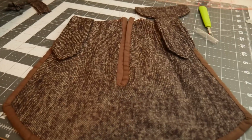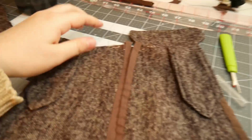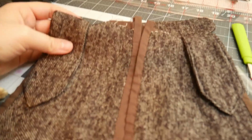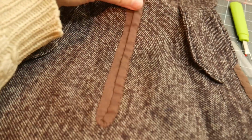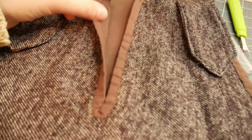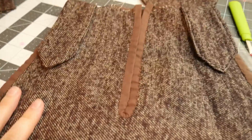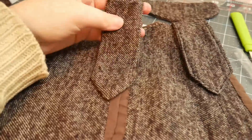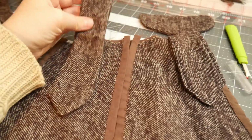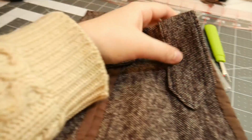I have done a little bit since I last recorded. My camera battery ran out, so I was working a little bit while it was charging. What I've done is I finished putting in all of the edging. I see whip stitching when I close my eyes now. And then these are again little extra pieces I had from the trousers. I sewed them, I turned them, I ironed them. This one I top stitched, but